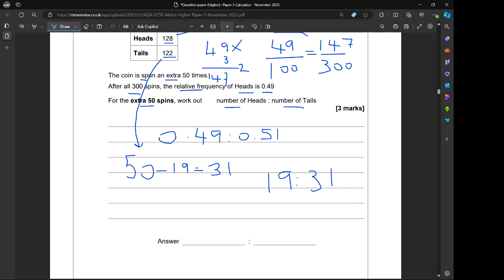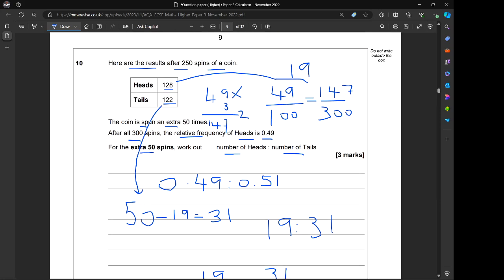Okay, so it's 19 to 31. Why did you add 50 here? That's a good question. If we look here, initially there were 250, we added 50 and we got 300. Now, it told us here,